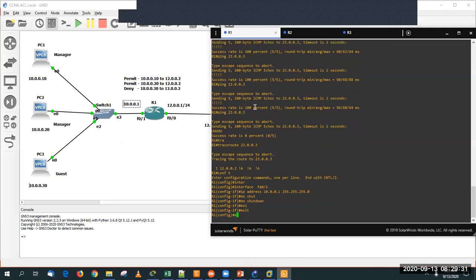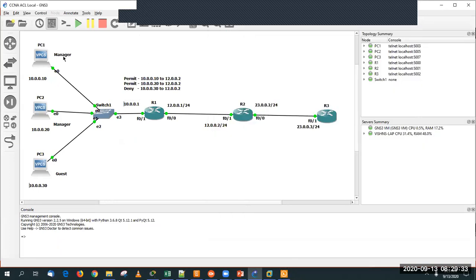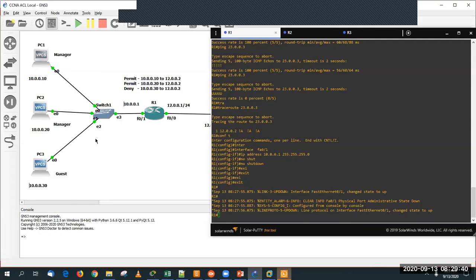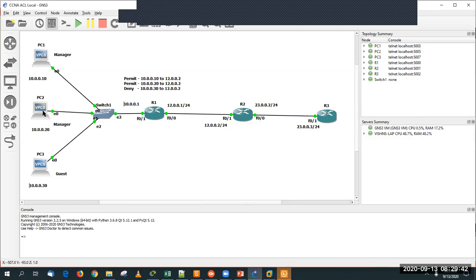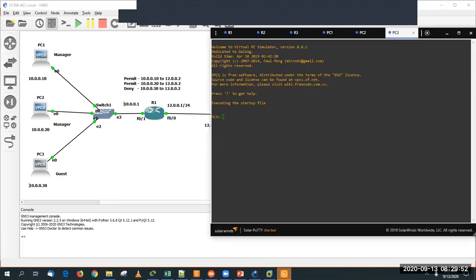Okay, now we have configured the IP address. Now let's configure the IP address on PC1, PC2, and PC3.